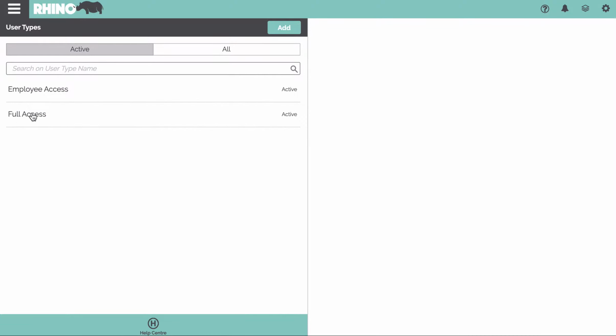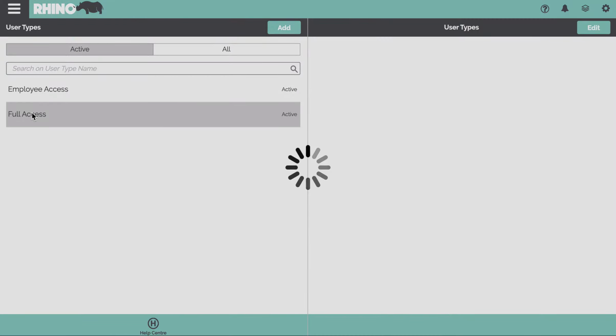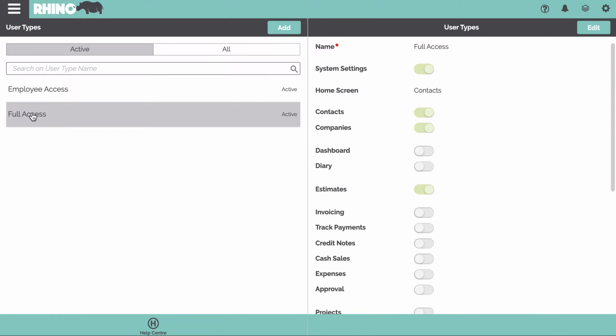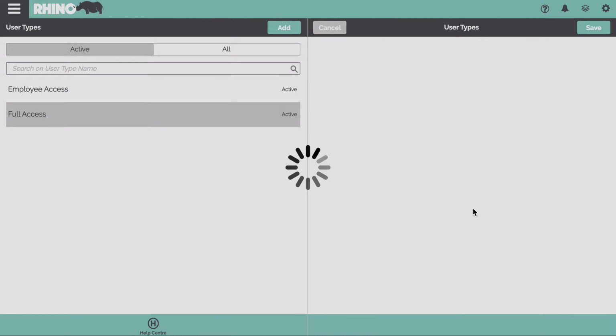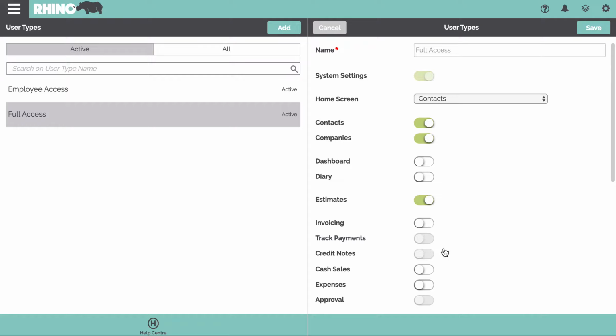We go into Full Access, which is the default user type that's assigned to someone when they first register a Rhino account. And we just edit it and we switch on expenses. You can also switch on expense approval, but that's for companies that have more than one employee, where you want